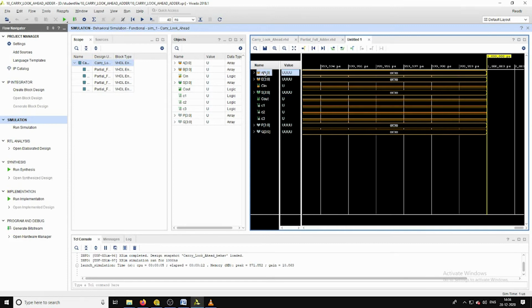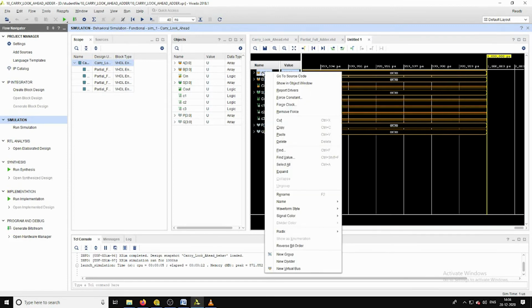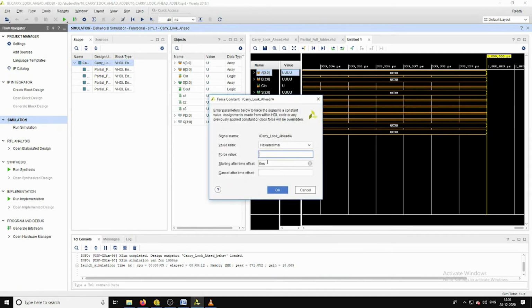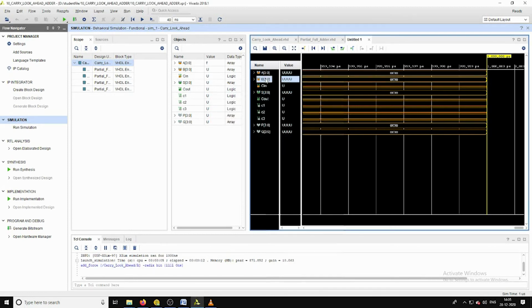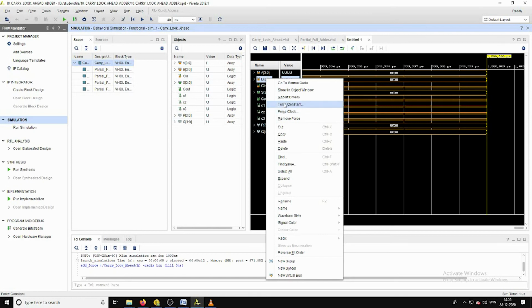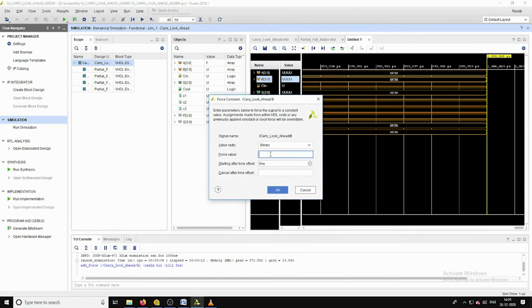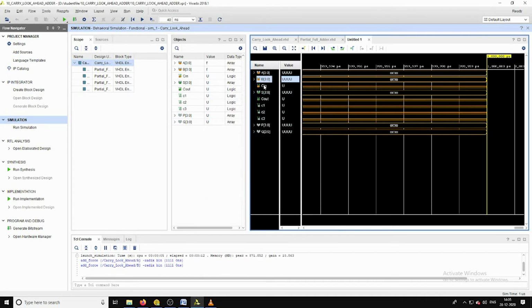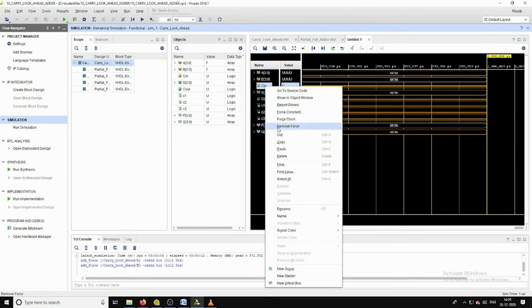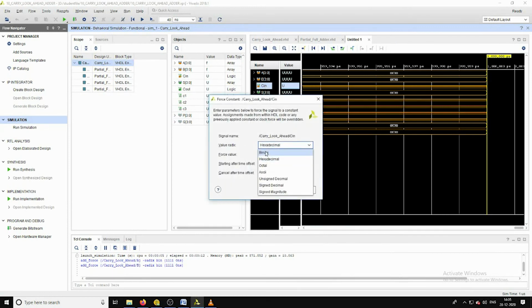Now let us assign some random inputs to these signals. Here I am going to assign by using force constant. As A is 4-bit size, I am assigning the 4 ones as the input to A, and even for the B also I am going to assign the same input, 4 ones, and let us assign the carry input also as 1.